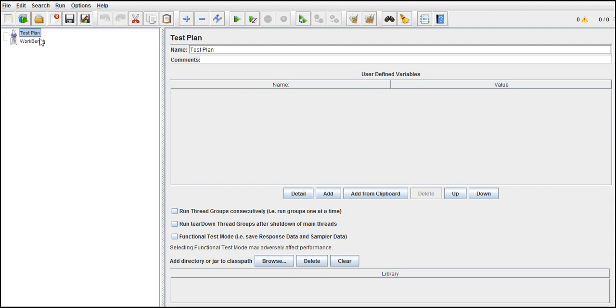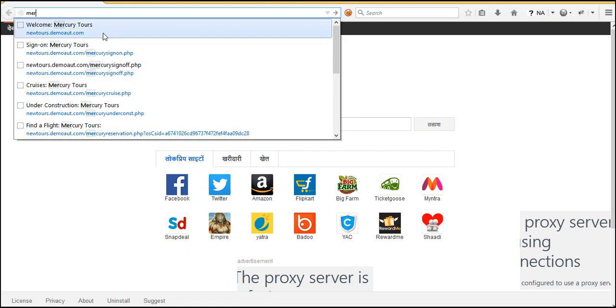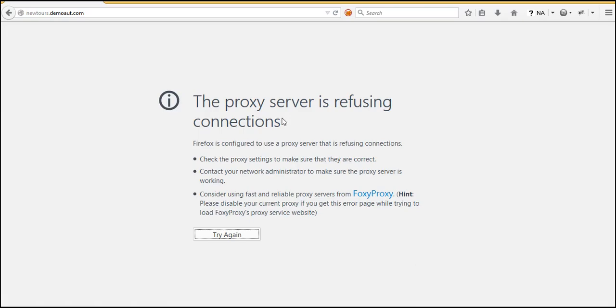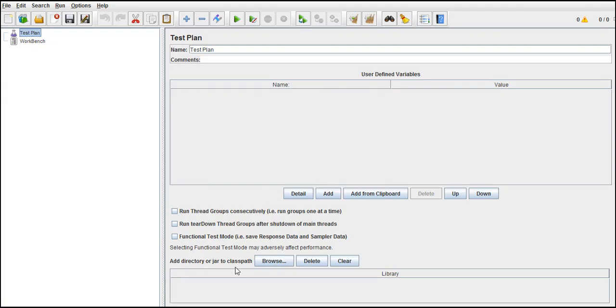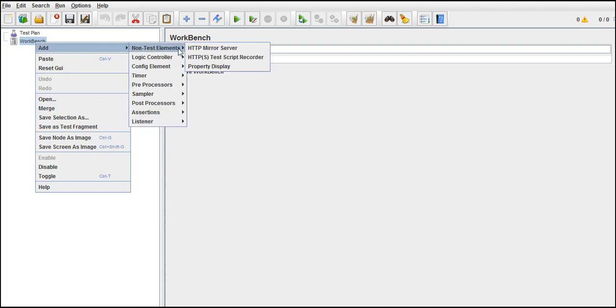So for that we'll go to any site here, Mercury. Okay, I need to start the server, right? Without starting the proxy server, there's no point in hitting the URL there. Let's quickly record our script.